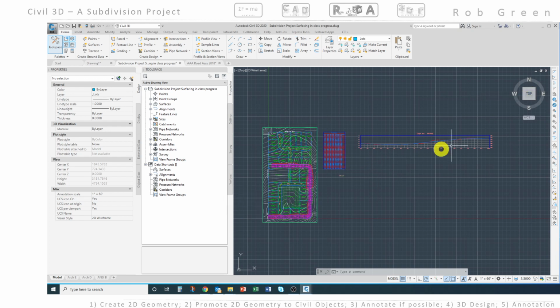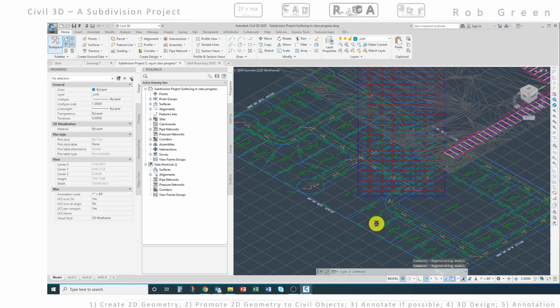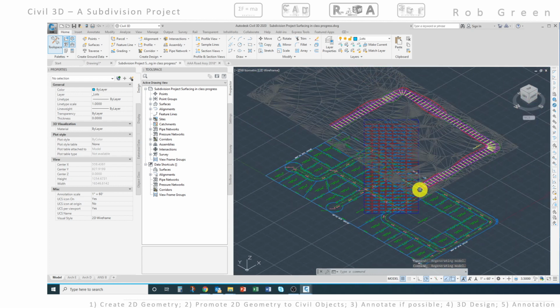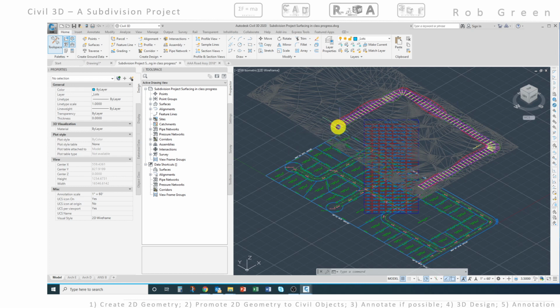Okay, so yeah, I missed one thing I wanted to highlight, so I'm going to click my southwest corner again. And notice that this corridor starts and follows the surface and ends exactly where it should. I want to highlight that it's pretty common that the start works and the end doesn't. So I'm going to try and recreate, quote, an error in the end and show you what it looks like, and then that will help you know how to fix things going forward. So I'm going to click back to top,